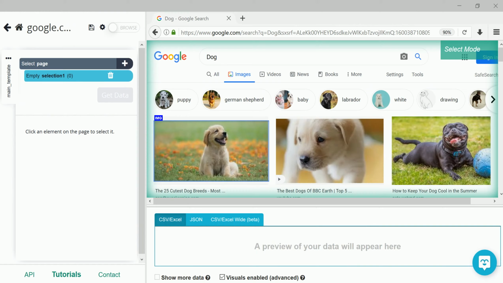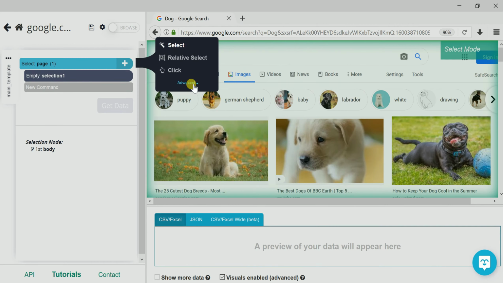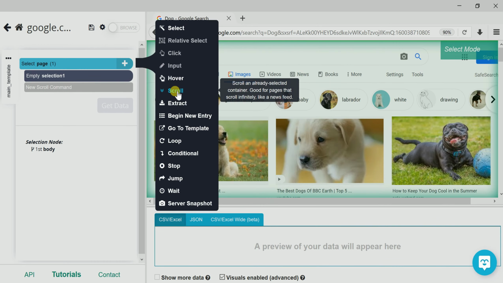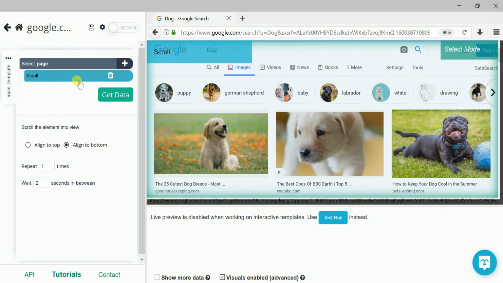For scrolling, what you need to do is select the plus icon, then go for advanced. You need to click on scroll. Here scroll is enabled, so it will ask how many scrolls you want, 5 scrolls, 10 scrolls.